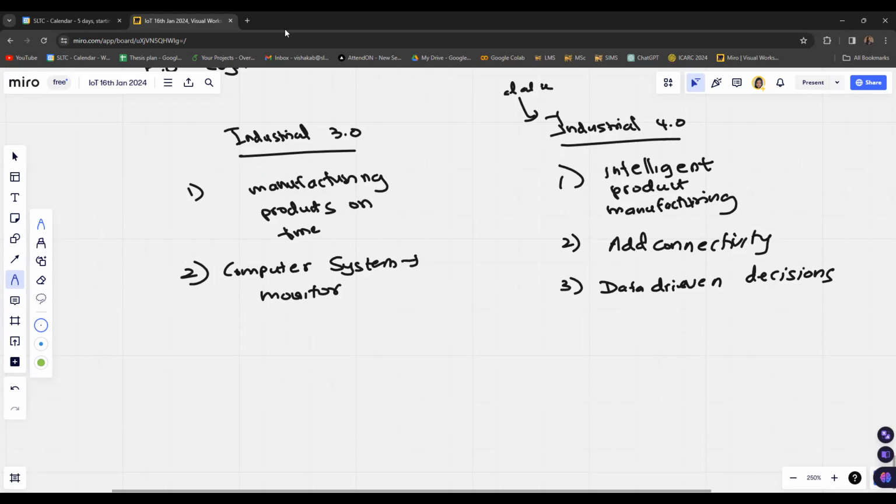Whereas in Industry 3.0, they focused on some targets for when they would be producing some product, and based on that, they would do the production, and that would be it. However, based on Industry 4.0, they are proposing that the product will be developed at the time the customer wants it, and then we will be using intelligent product monitoring systems to deliver the product on time to the customer.